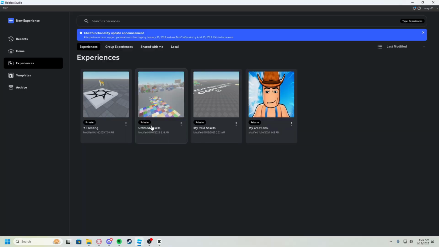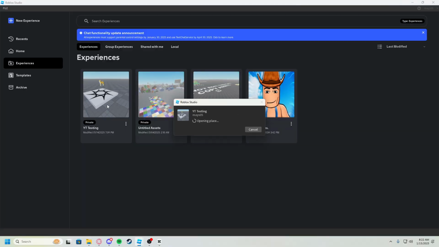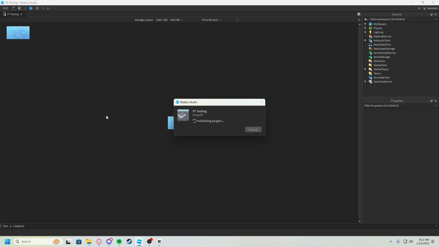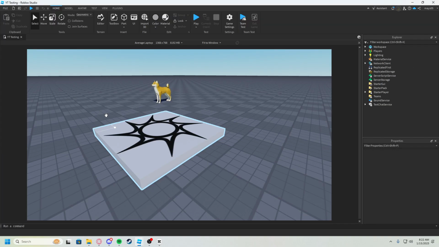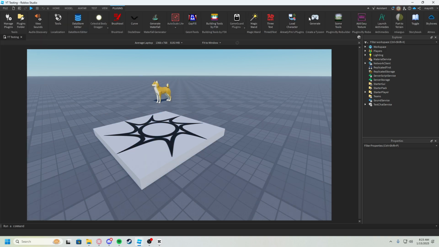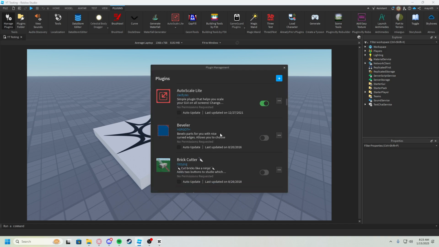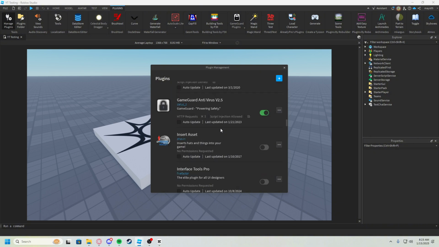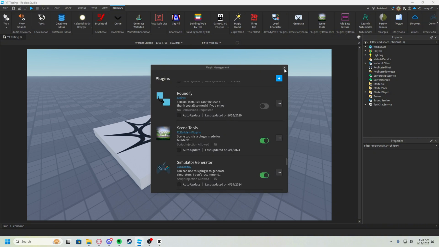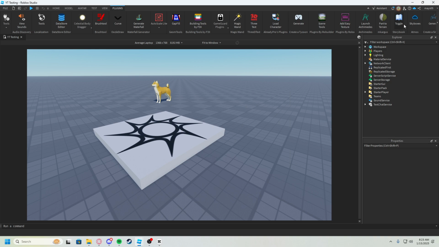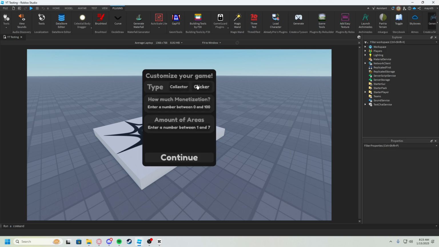Now I'll go over how I made the game and show you what that process was like, even though I don't do any coding at all, and I made the game at the start 100% by myself. You can make fun of me here for this, but I used a plugin called Simulator Generator that a lot of people know about, and it'll basically make a clicker game for you. So this plugin right here by Luca the Boy, this is what I used to make Lebron Clicker.